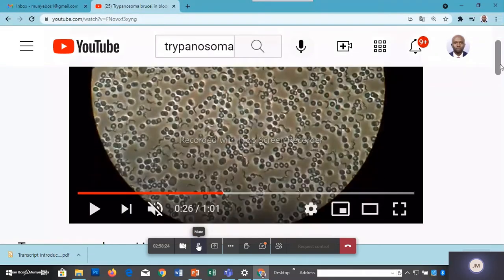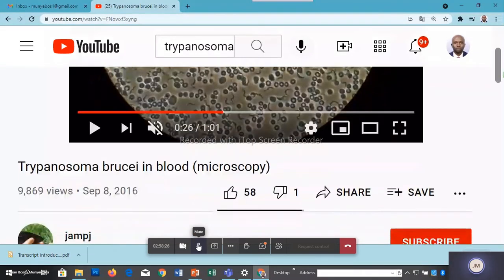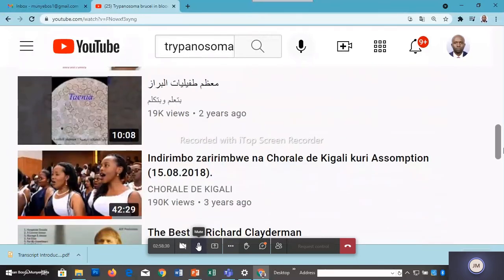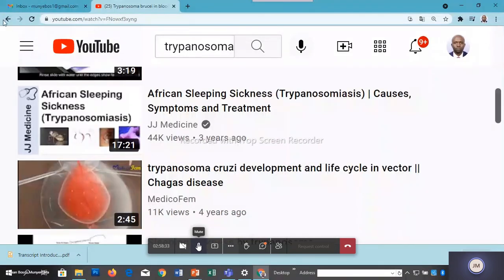But if you perform a smear or a stain, you will not see them in that way. Probably you will see them